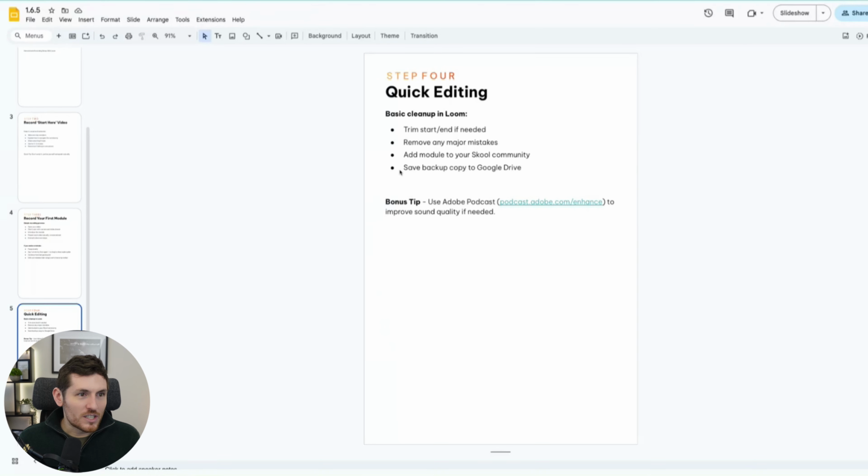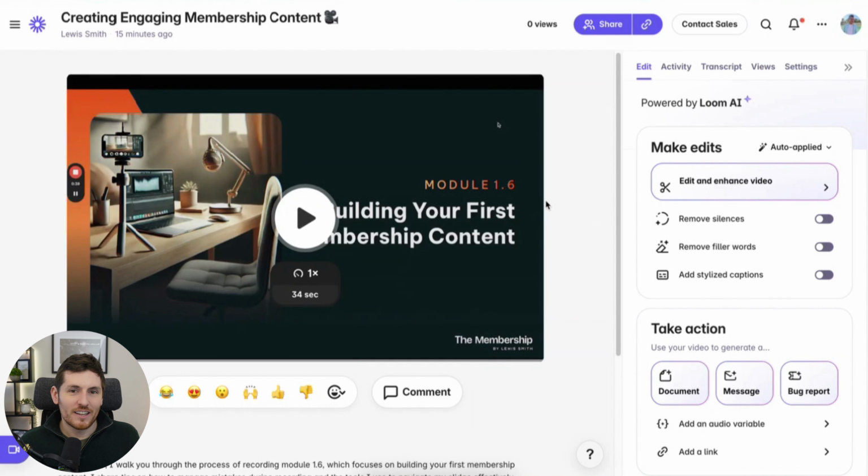The other thing I wanted to share here was saving a backup copy to Google Drive. It's always helpful to have another copy of your modules in the cloud, ideally not on a personal computer if you can avoid it, because if your computer gets lost or stolen and it's not backed up, then you're going to be very frustrated. So what you can then do is, if you head over to your video on Loom,